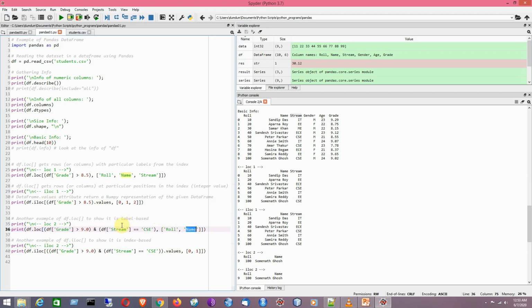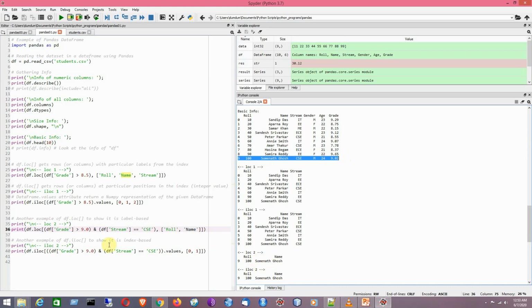Just have a look at it. Among the 3 CSE students, I can see there are 3 CSE students, 1, 2 and 3. Of them only the last student satisfies this condition, so that is why you are having only one record as the result of this query.